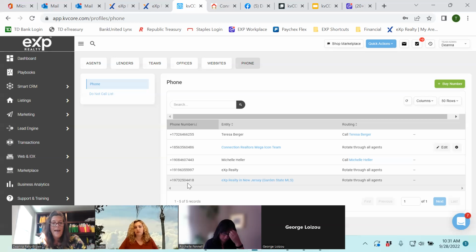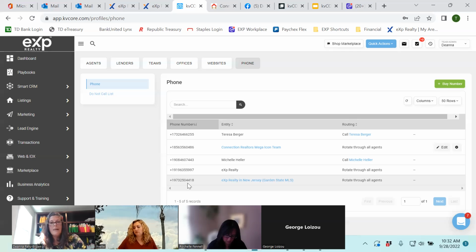Then there's a smart number that manages EXP at the New Jersey level. That's going to work the same way, round robin. Okay, but that doesn't differentiate you from all of the other agents in the New Jersey network or in EXP's network. What I encourage you to consider is having your own individual smart number, which gives you the ability when a new lead comes in, that lead is going to be assigned to you and only you through your own